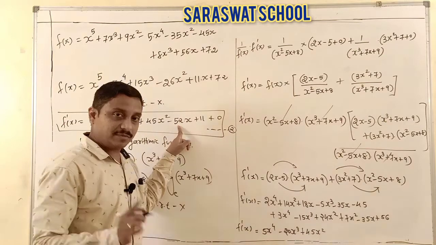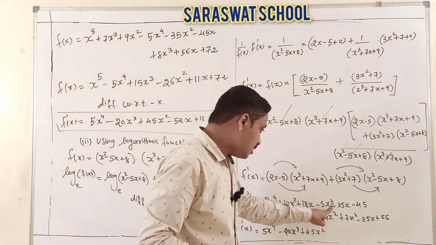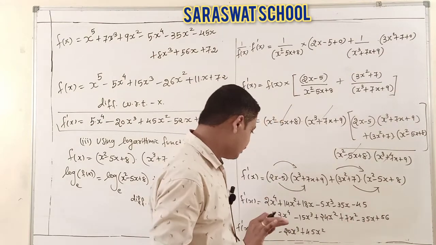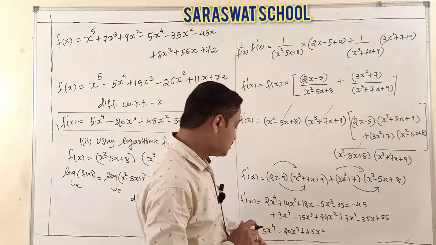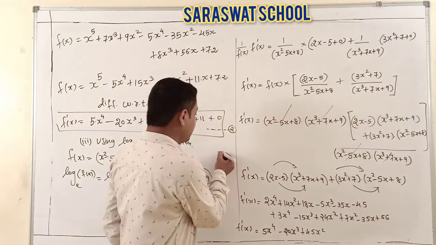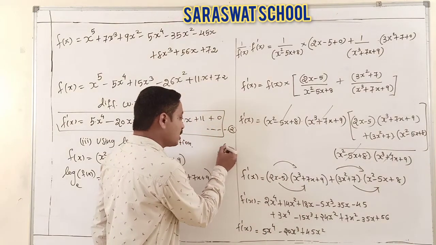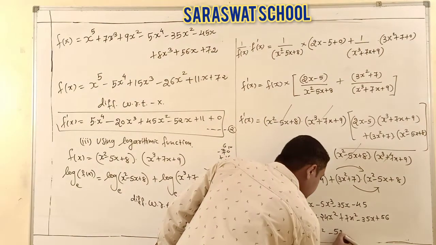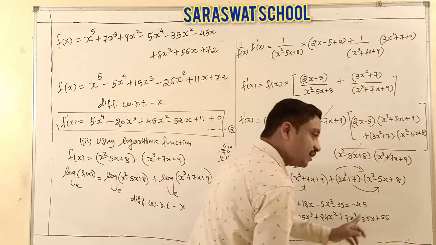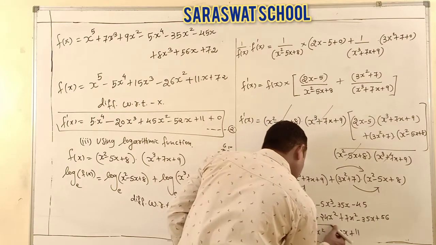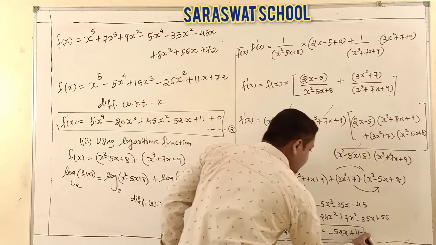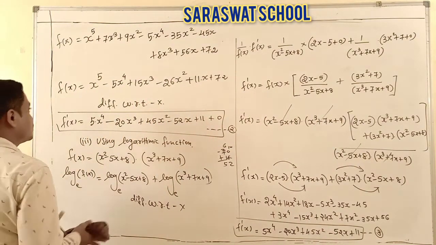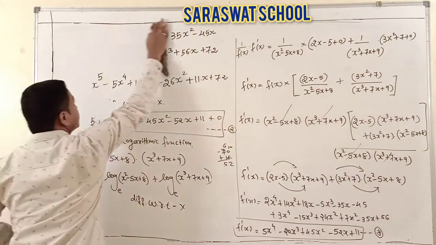Now check: is it −52x? −35, −35 is −70. −70 and the other x is plus 18. Yes, −70 plus 18. Surely it gives −52x, correct? Minus 52x, and last constant 56 minus 45, which is 11. That is statement number 3. And students, check these all three answers 1 to 3 are the same answer.